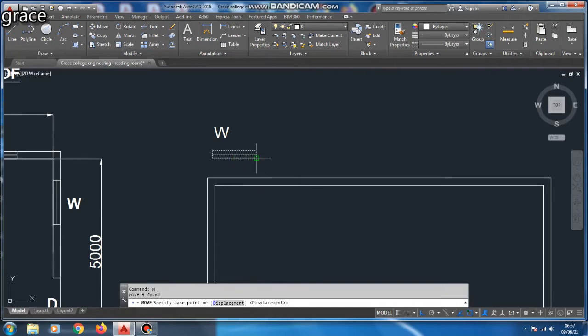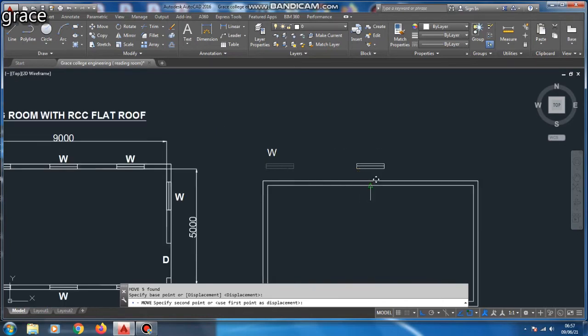So this is our window. We are using the line command for windows, doors and the walls.